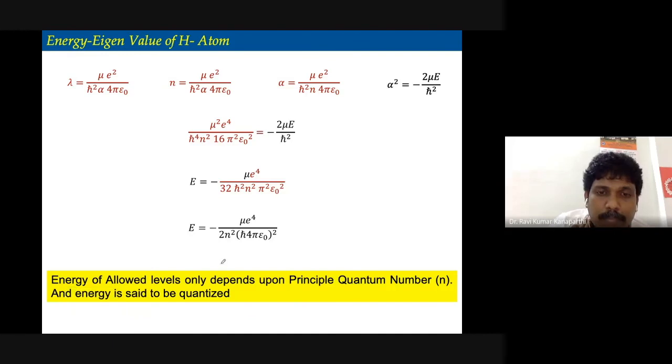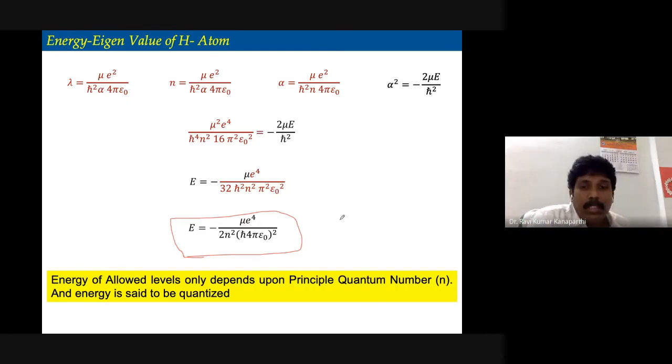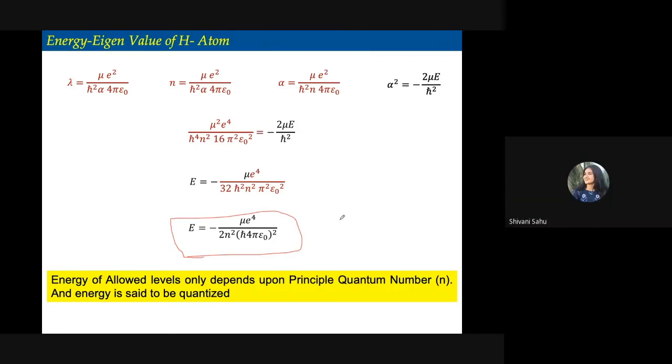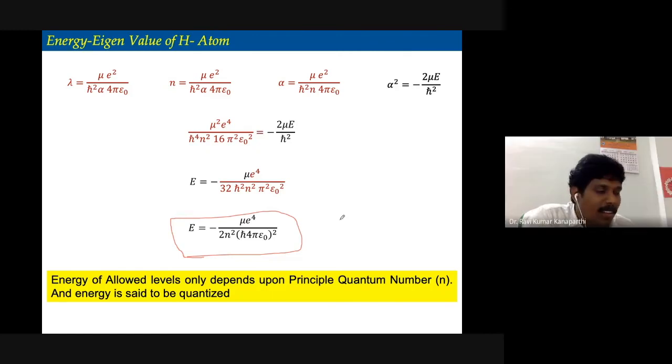So this is the energy expression of the hydrogen atom, which you might have studied in the previous classes, right? Is it matching with the expression you have seen in the previous classes, or is there any difference? Shivani, do you remember what is the energy of the hydrogen atom? Yes, sir. Do you remember this is the expression that you have seen or a different expression? So I guess this is the expression. You are guessing. Well, this is the expression of the hydrogen atom,